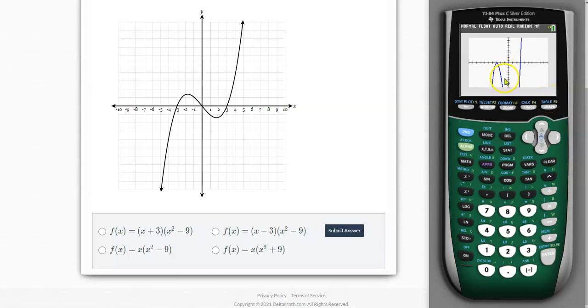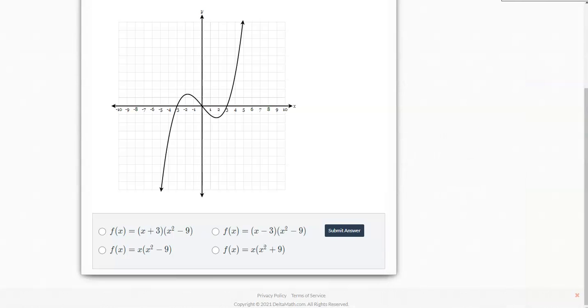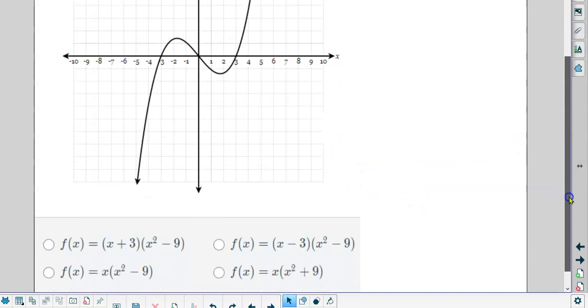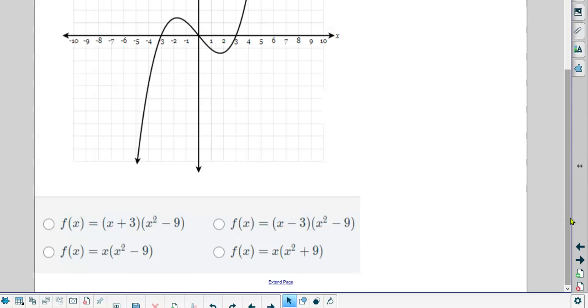Right? It didn't even go above the x-axis, so I know that's not right. Okay, you can type the rest of these, but how would you do this if you didn't have a calculator? That's the question, right? So let me show you. Again, a calculator is the fastest way to do this, but if you wanted to know how you do it